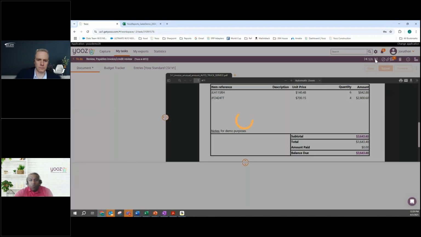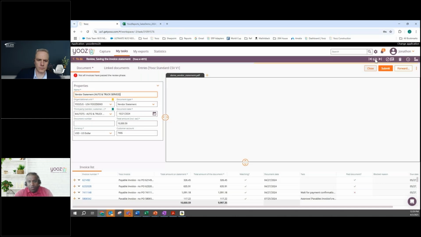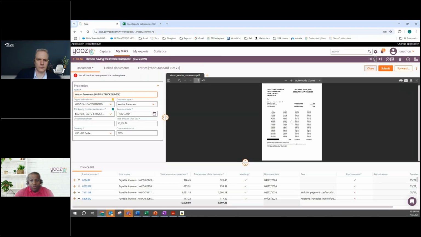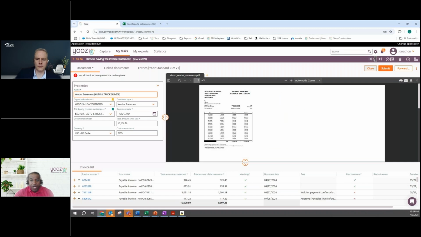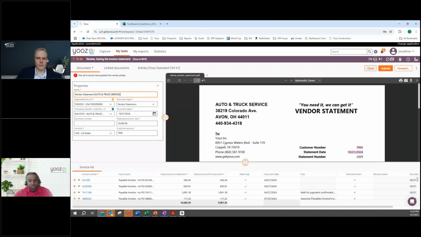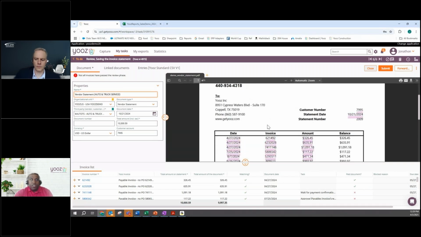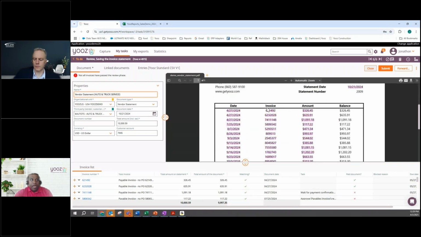And so what I want to do is show our newest feature. This one is awesome. If you're using vendor statements, imagine it reading that statement and actually reading all the invoices in 30 to 40 seconds and matching to them automatically. When this vendor statement came in, as we can see, invoice numbers over here, it actually read our invoice numbers. We'll see to the far left.